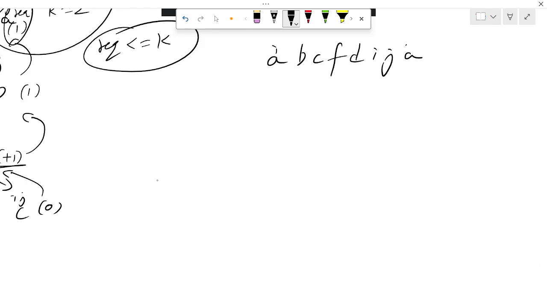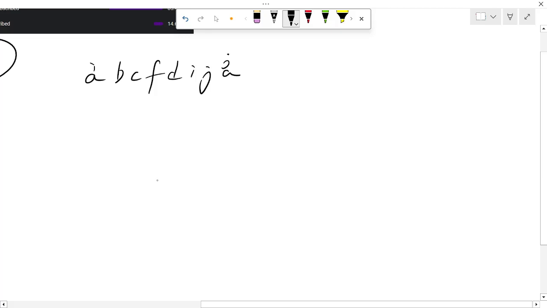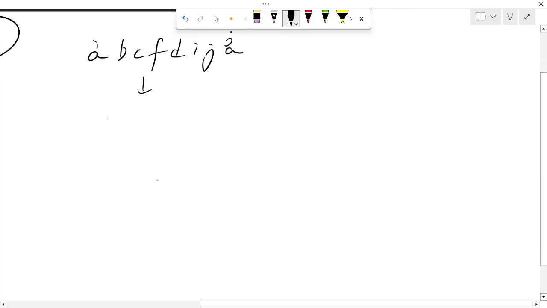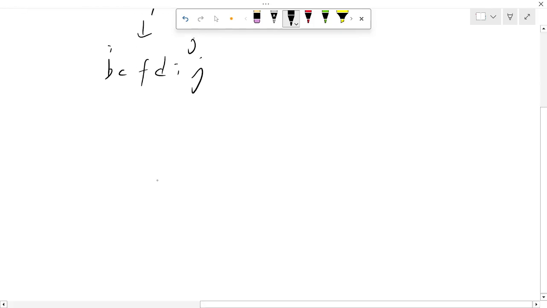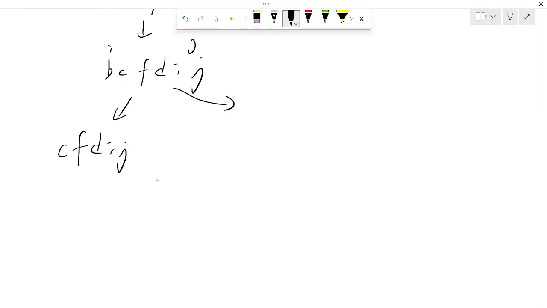So here, the i and jth characters are equal, then we have a substring like this. Now the i and j characters are not equal, so we have two options: we can increment our i, so let's increment our i, or we have another option, we can decrement our j, and we have to take +1 after solving the subproblem.